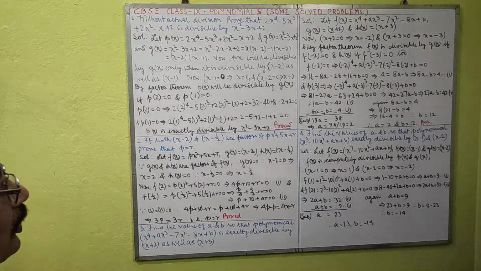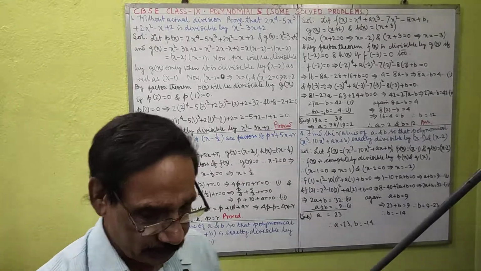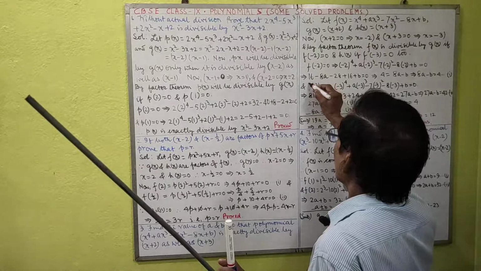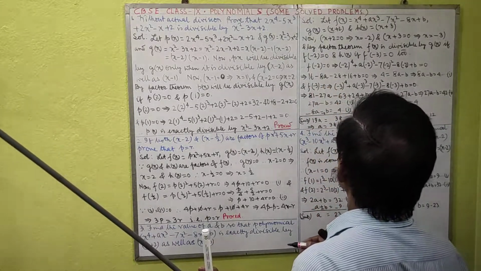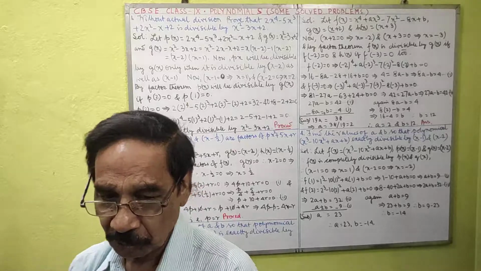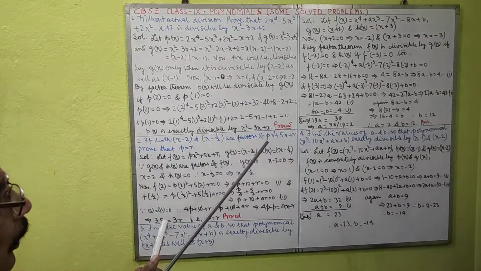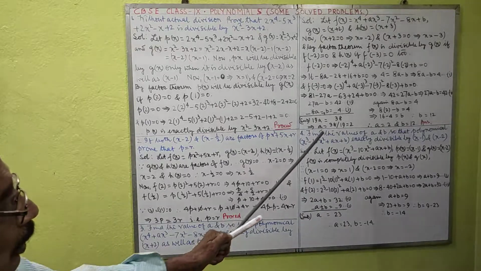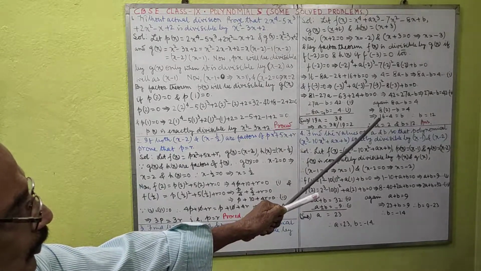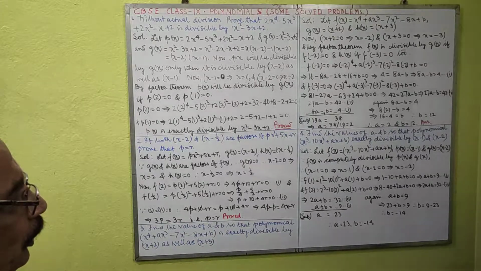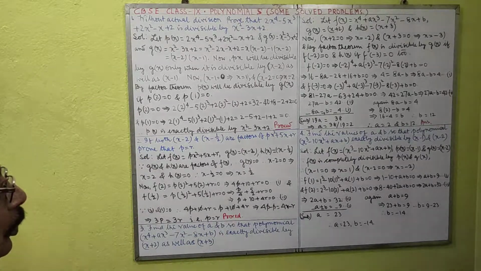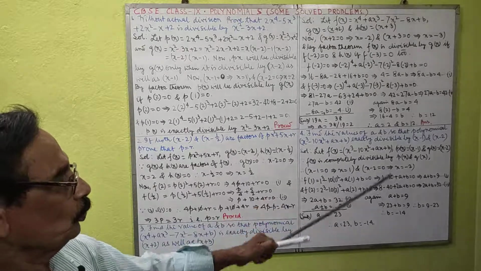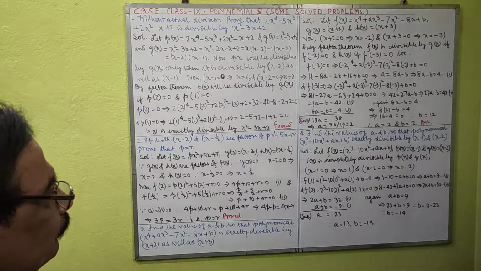Similarly, f(−3), not p(−3). In another question it was taken p, so here it is f(−3) = 0. Putting the value of x as −3, we get 27a − b = 42. This is number 2. By equating number 1 and 2, we get a = 2 and b = 12. This is the answer.